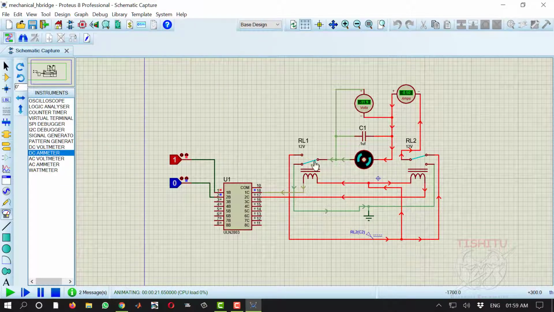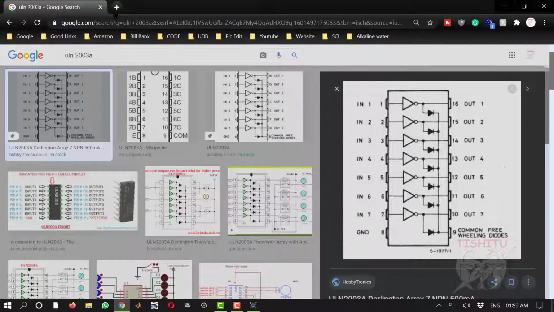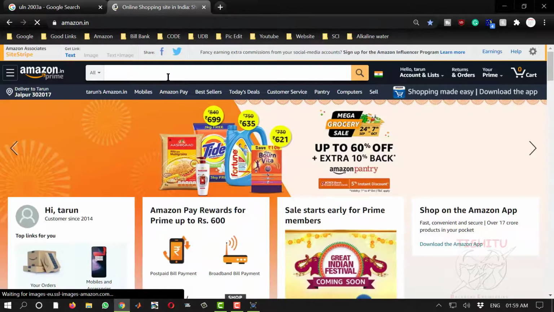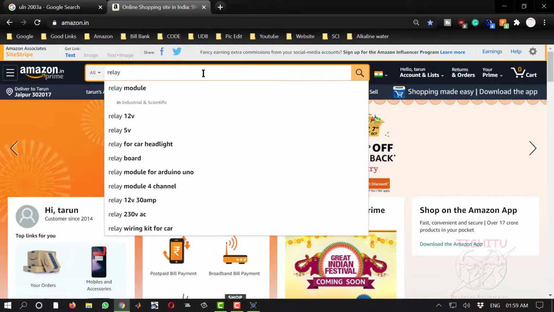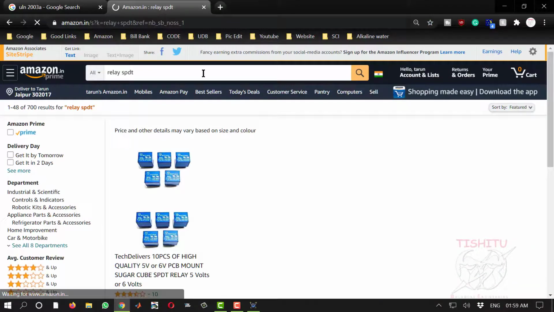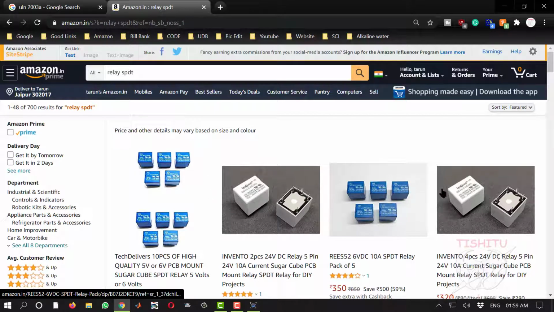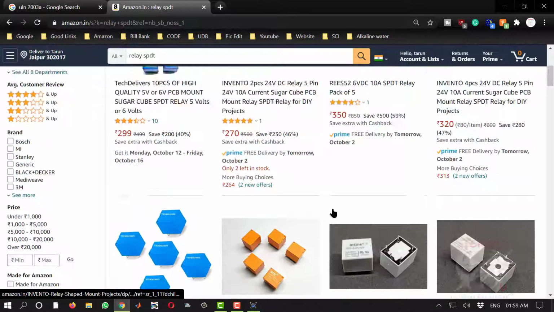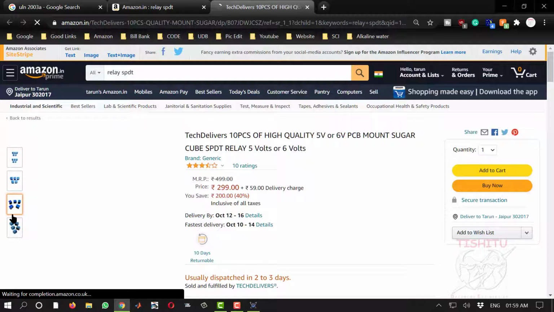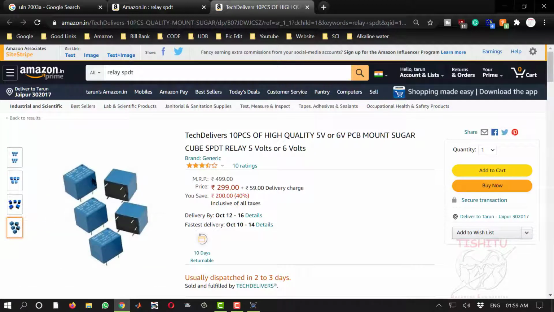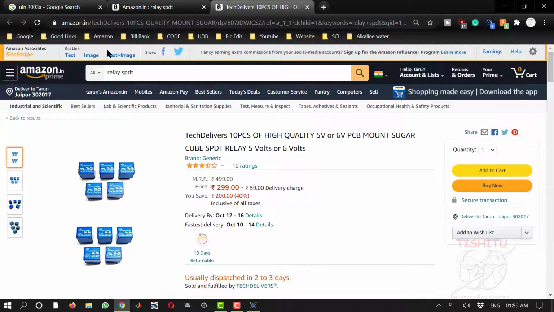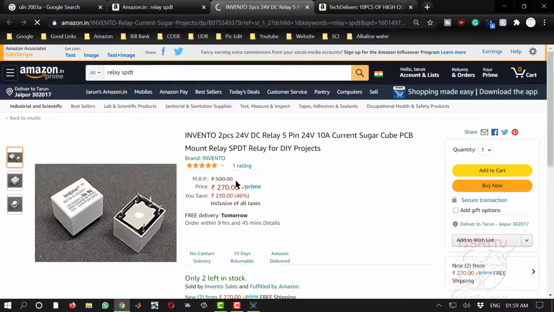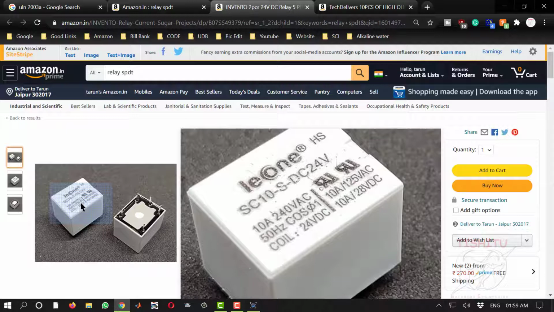So these relays have a great capability. You can search on Amazon for a relay, SPDT, single pole double throw. So these are the relays. Let's check their current rating. Let me check another one. Okay, this one. Now you can see it will work with 10 ampere 240 volt and 10 ampere 125 volt